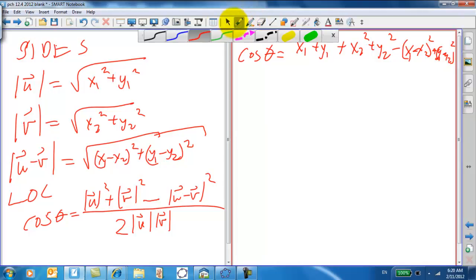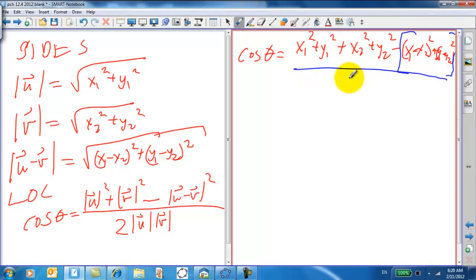Don't forget, though, that all this is in one big quantity and it's being subtracted. All over